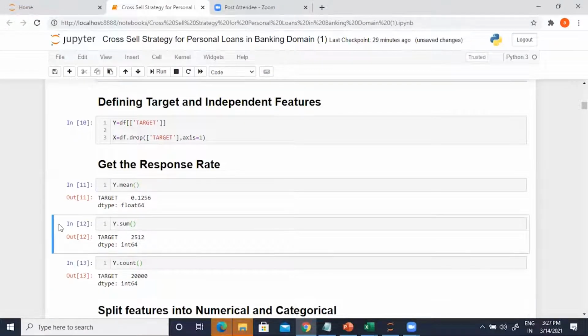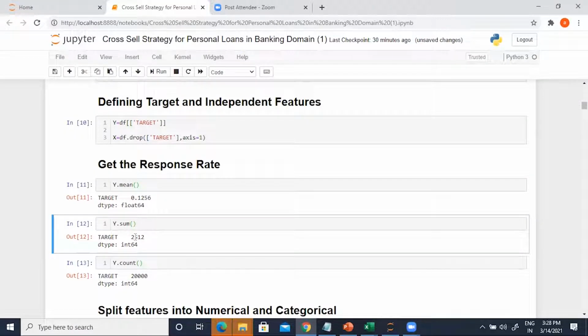So all of you must be comfortable with the concept that when you have a target variable and you apply the mean on it, understand this very clearly. The mean on the target variable, which is 1 or 0, actually stands for the actual probability or actual event rate.